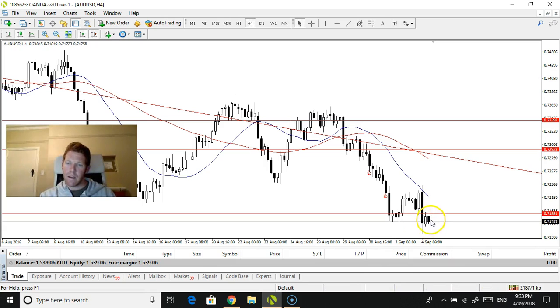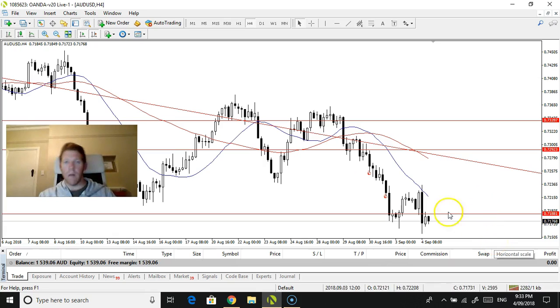And in regards to an entry, really, if this can close pretty bearish, ideally I'd like it to engulf this candle. Very much so. Now the problem is this candle is going to close at 1 a.m. my time, so it's a little frustrating. Really, how you could play this, you could have it at the low here. It's at the 71.68. So you'd have a pending order on here and let it go, really.